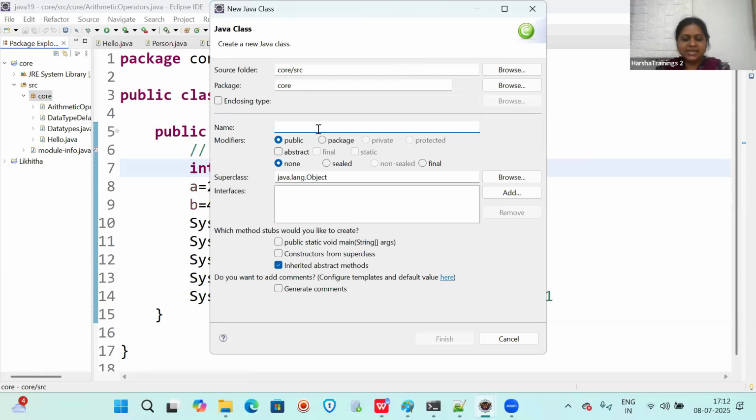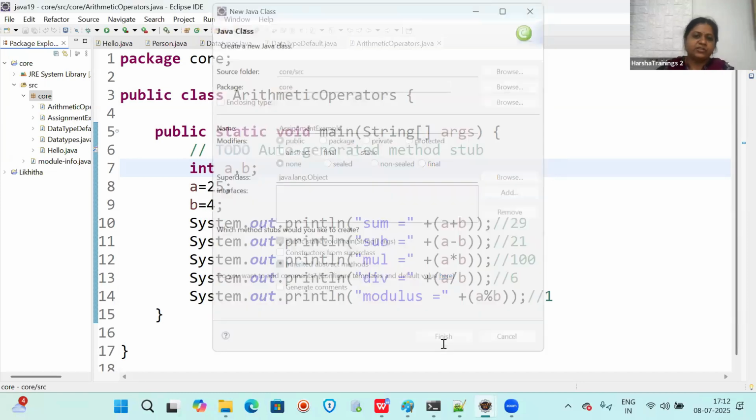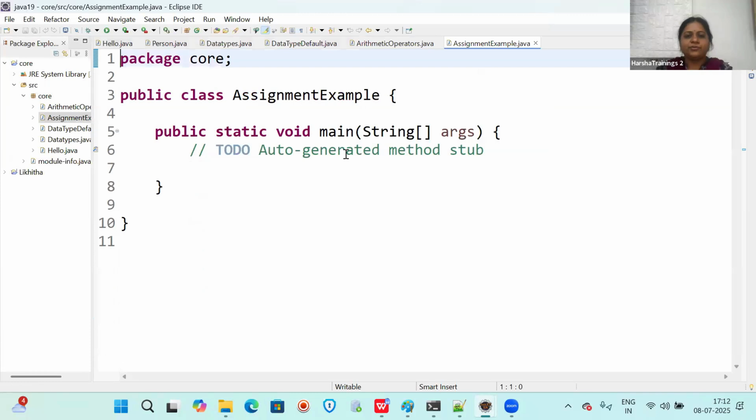Class name: this is an example on assignment. So I'm giving assignment example. You can give anything. And then I want the main method automatically, so let us select it and click on finish. Okay. Now here I'm going to write